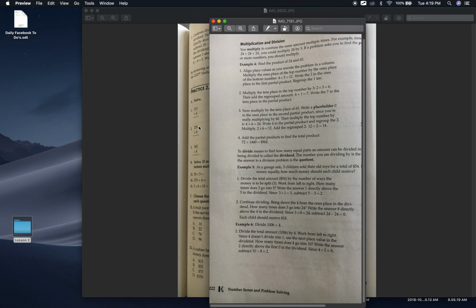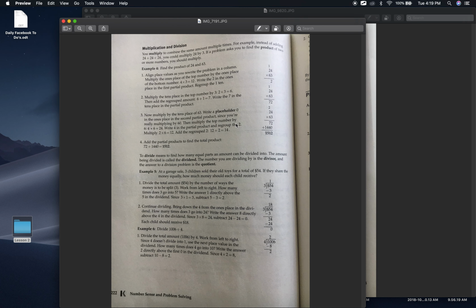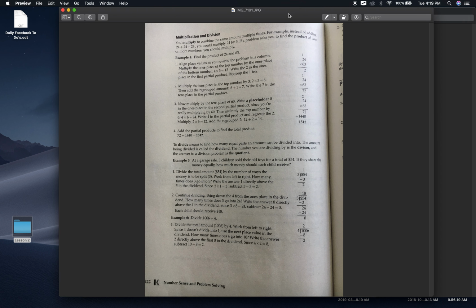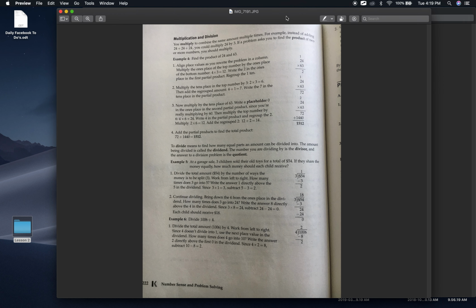Now we are at page 222. We're getting into multiplication and division. Multiplication and division is considered a little more difficult. Nevertheless, it's not. It's just really learning how to do it. It's best if you know your multiplication tables. They have the multiplication charts, which go up to like 12 times 12, so you learn all your multiplications, your 1 times tables, your 2 times tables,